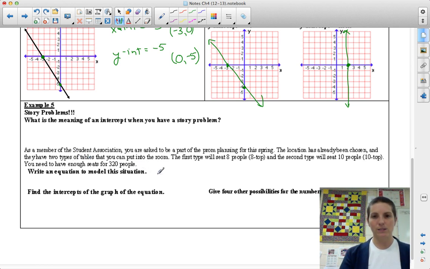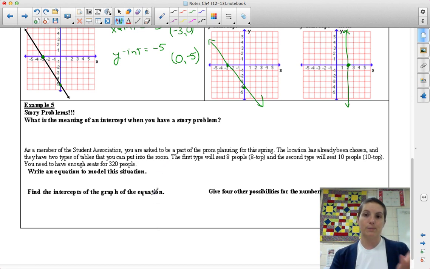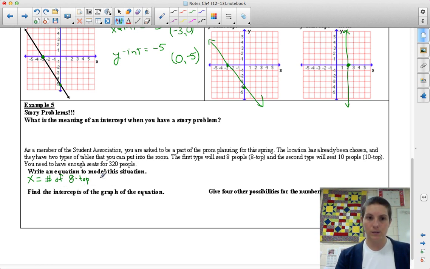So if we think about this, we could split them up. Some people at 8 tops and some people at 10 tops. But how many people go with each kind? We are officially allowed to use more than one variable. So remember, our first step is always define those variables. If I let x equal the number of 8 top tables, and I let y be the number of 10 top tables,